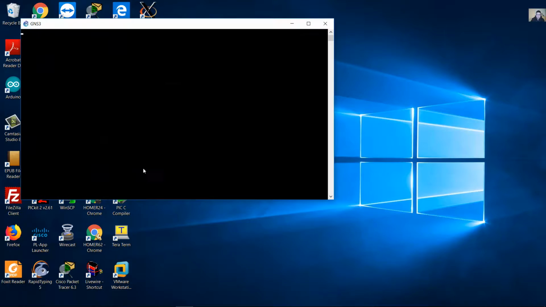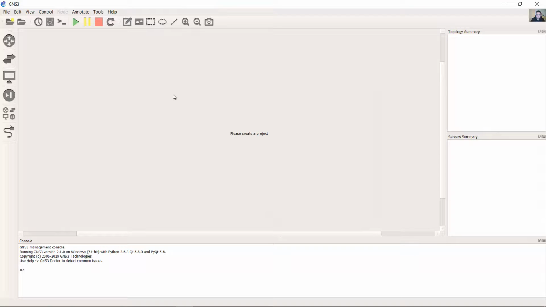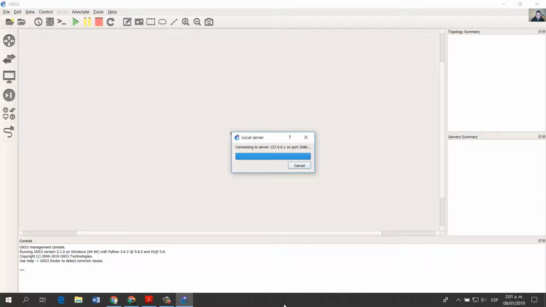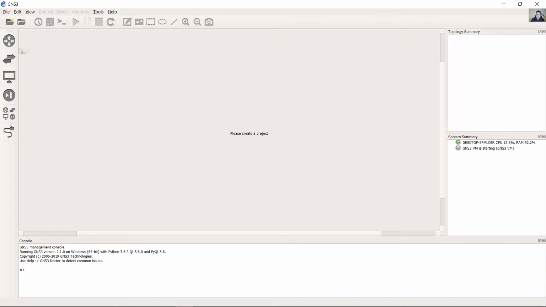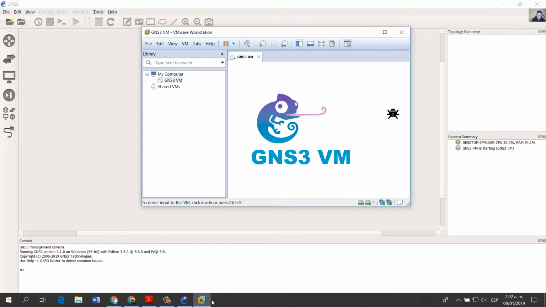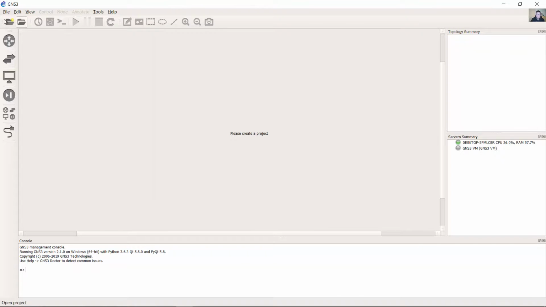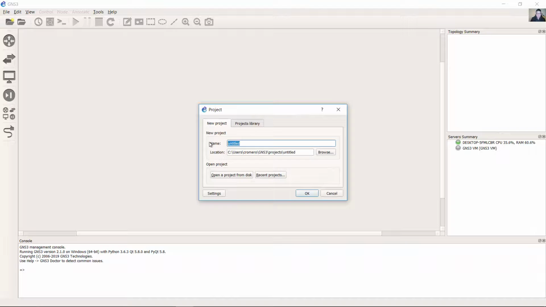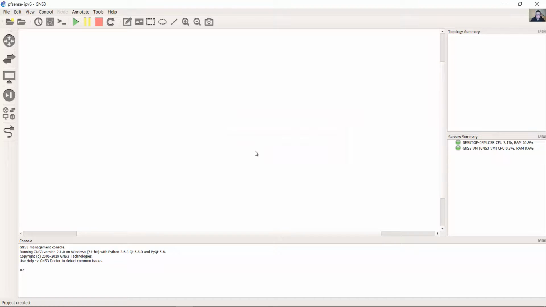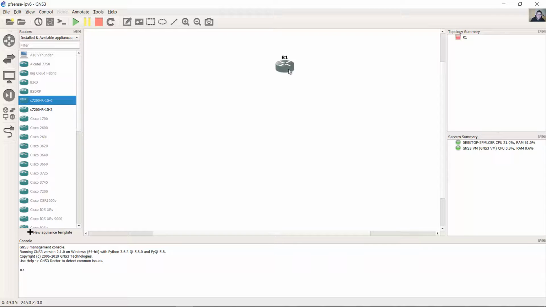Okay, GNS3, cancel. Okay, new project. Okay, this will be the ISP provider, internet service provider. Okay, this will delegate the IPv6 subnet. Okay,